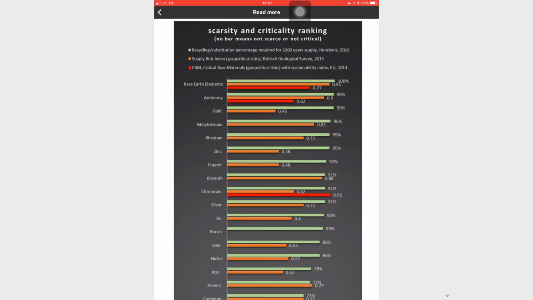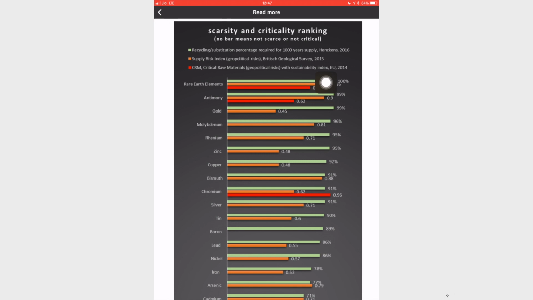So, let us see, I clicked on that particular thing. Here you can see scarcity and criticality ranking. No bar means not scarce or not critical. The green one is for recycling or substitution percentage required for 1000 years of supply. The orange one is supply risk index, and CRM, the critical raw materials with geopolitical risks with sustainability index.